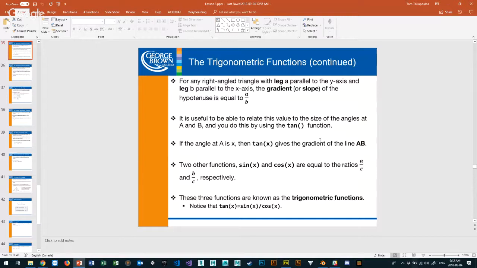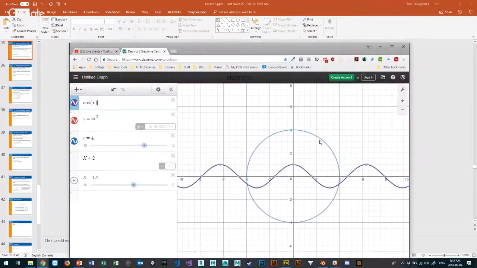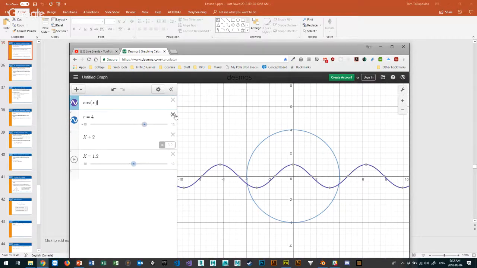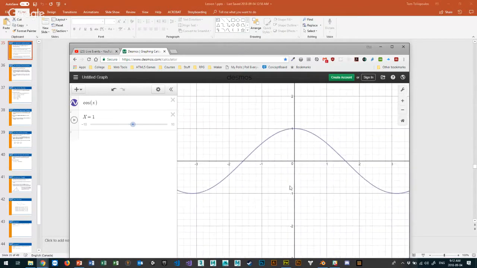Right, so that's what this is really saying. If I have a sine of x, as an example, let's go back to the graphing algorithm. And by the way, with this thing, what you can do is delete some of these, so I don't care about this. And I do care about this. X is 1.2. Let's make x exactly equal to 1. And if I zoom in, you can see that